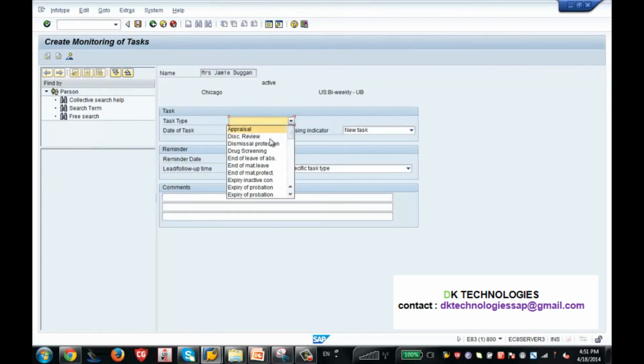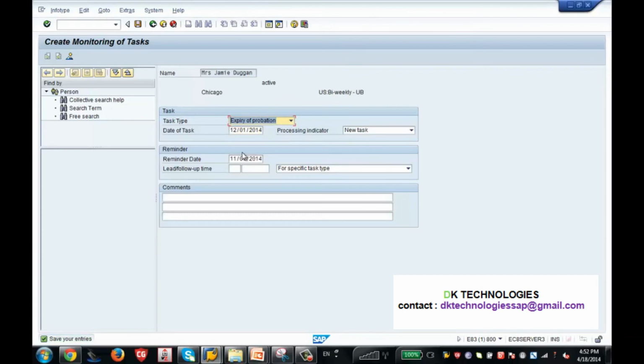Now you have created expiry of probation. Now you want to give a date, for example December 1st 2014, as the task which you have to perform for something, and you want the reminder to come 1 month before that. So I'm not entering the reminder date here. I would expect the system to calculate the reminder date. I press enter.